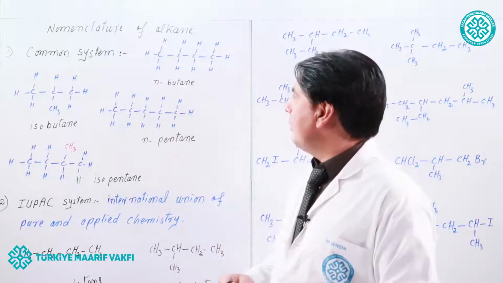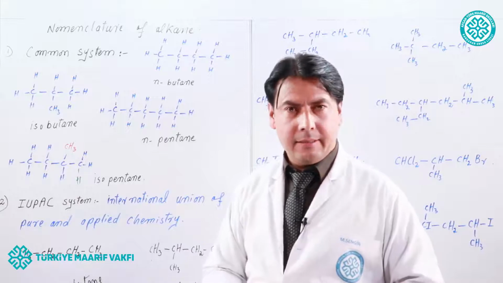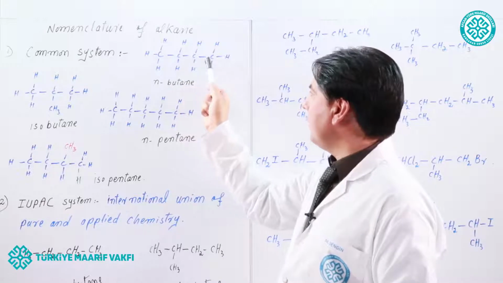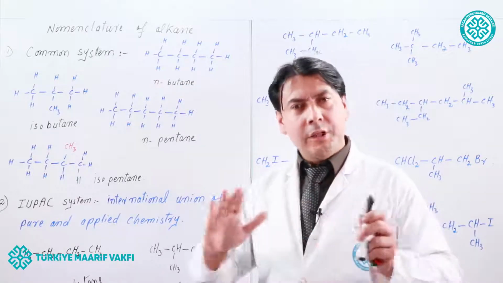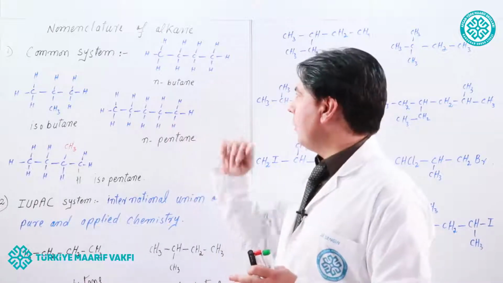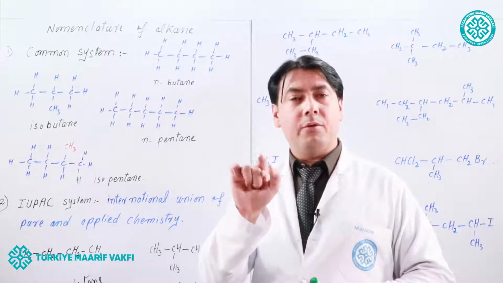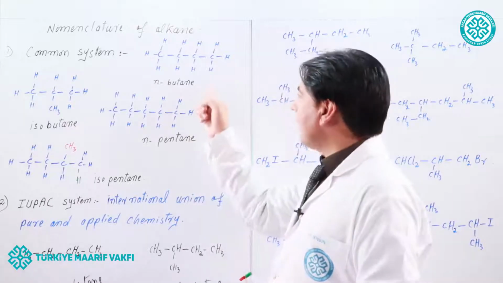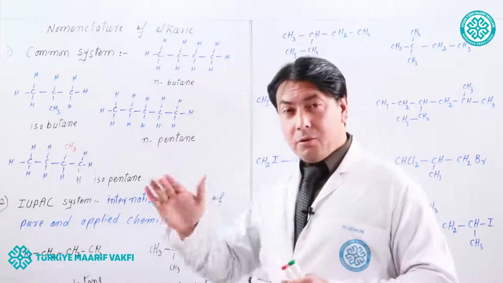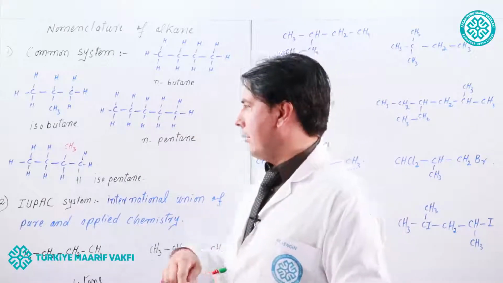In this system, we have to count the number of carbons in the alkene. For example, how many carbons are there in this compound? 1, 2, 3, 4. No need to give numbers to the carbons. Just count them. 1, 2, 3, 4. So, meth, eth, prop, but. How many carbons? 4, so for 4 we use the prefix but, and at the end, A and E will be added. So what is this? N-butane. N is used for a normal chain, a straight chain, an open chain compound.